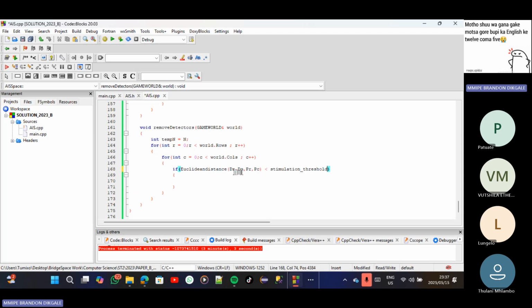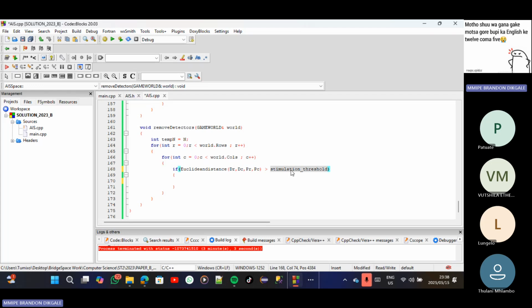Instead of saying Euclidean distance is greater than this thing, or if it's less, no, if it's greater, farthest. Am I doing this right? So if it's greater, then if it's equal, then